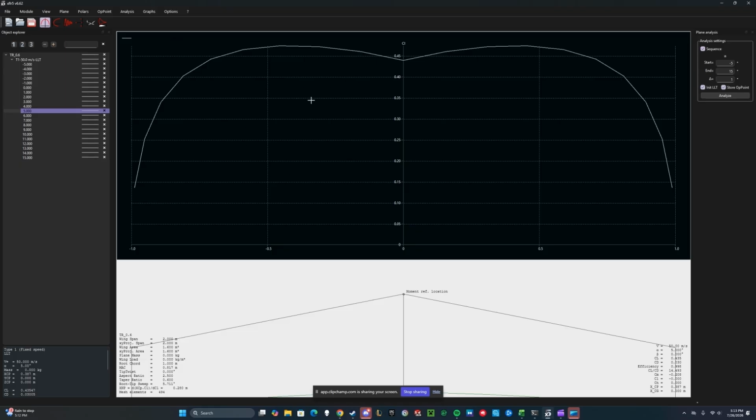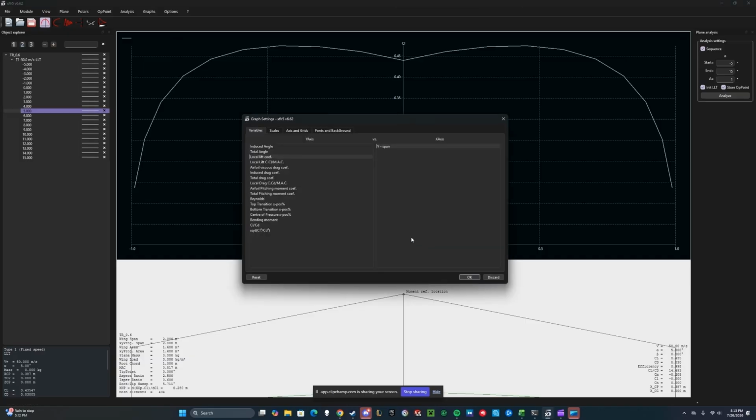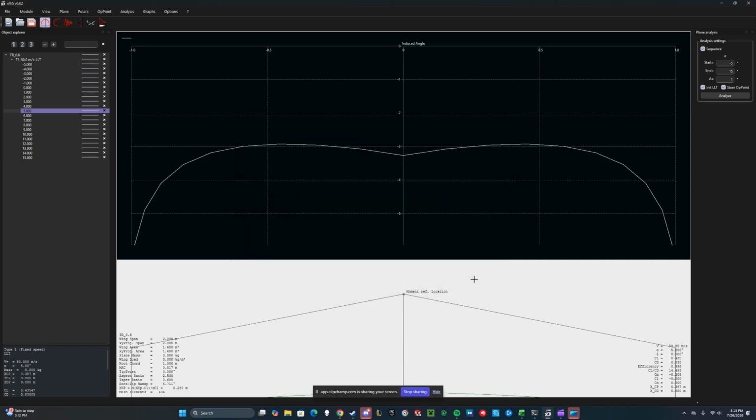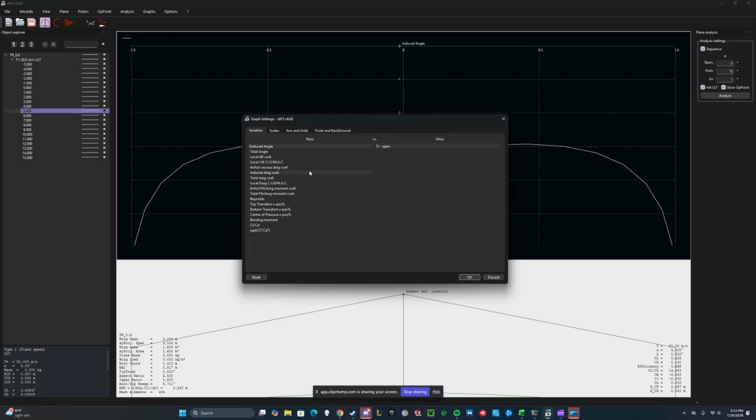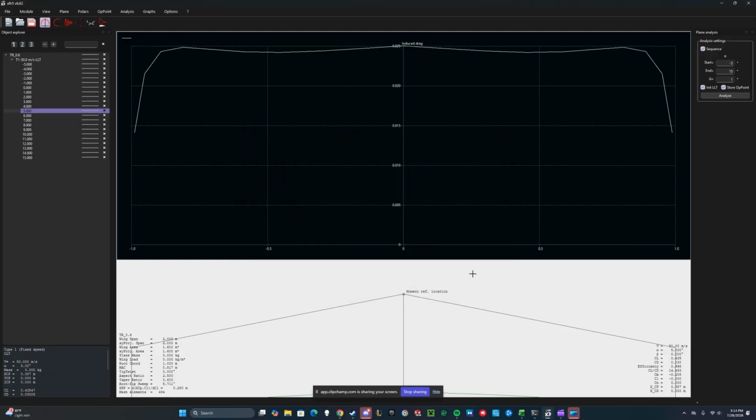This would be our lift coefficient for our wing of a taper ratio of 0.6 and an aspect ratio of 10. We could also do the same thing to find induced angle of attack. So again, define graph settings and induced angle. Click that. Here's induced angle of attack. And then current graph, define graph settings, and induced drag coefficient. There we are. That is the last piece of information we needed to find for this video, as specified in the